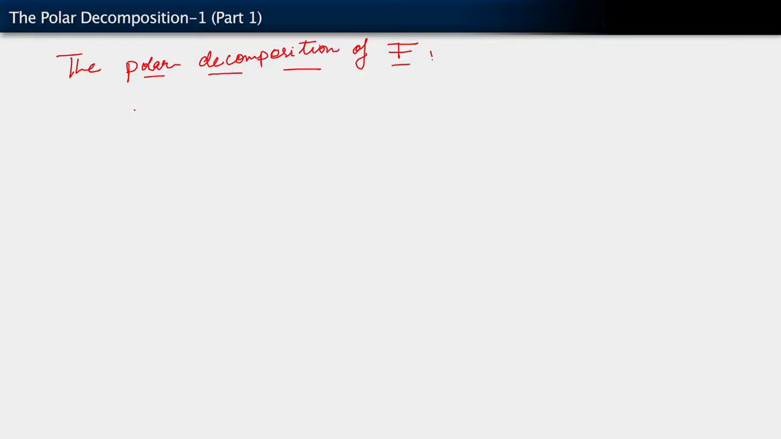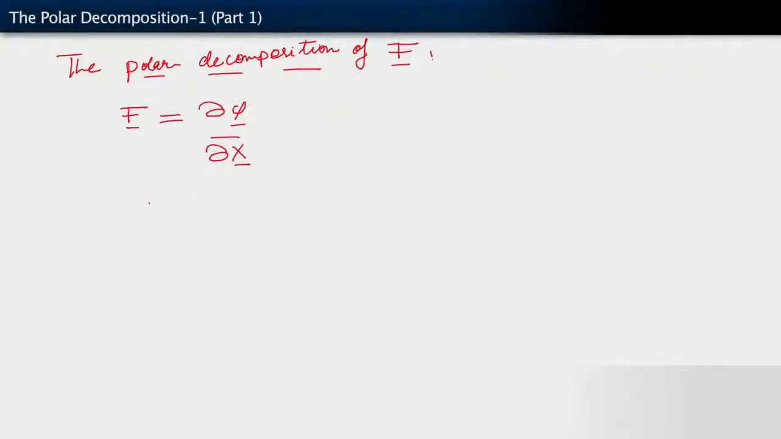So here's the idea. We have F equals the partial of phi with respect to capital X, with respect to the reference placement. Now we may ask the question, are there ways to write F as the product of two tensors? And this may seem like a random, arbitrary mathematical question, but it turns out to have great physical implications, right? In particular, we're going to ask, can we write F